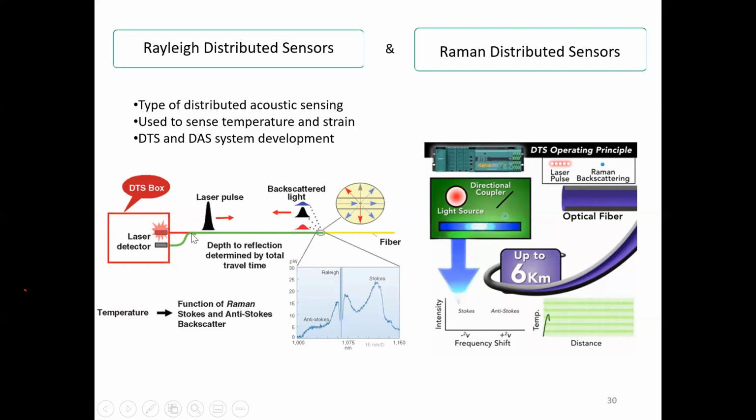We can put a coupler here, and the back reflected light, with the help of this circulator, we can receive at a detector. With this, we can measure the length of the optical fiber and the loss in the optical fiber. It's a very interesting application, and it's called the OTDR, optical time domain reflectometer, which is used very extensively by telecom people to measure parameters in the optical fiber, the lead optical fiber.